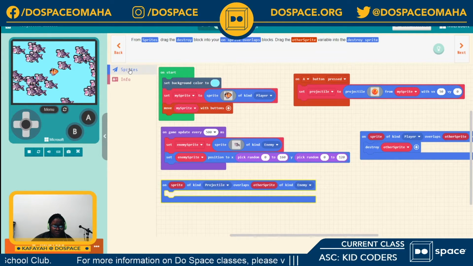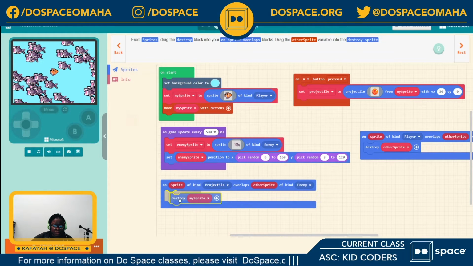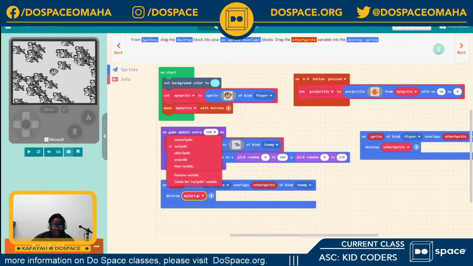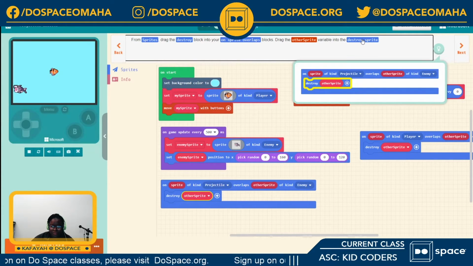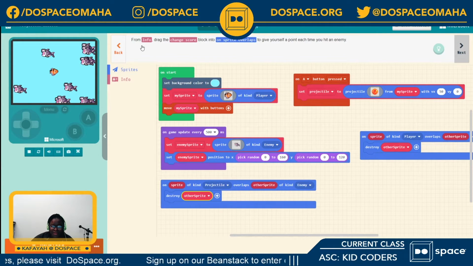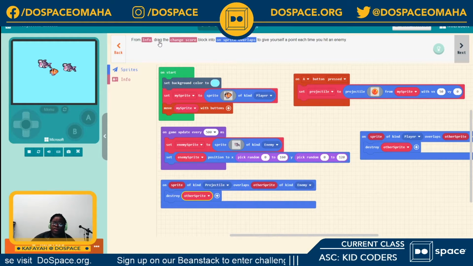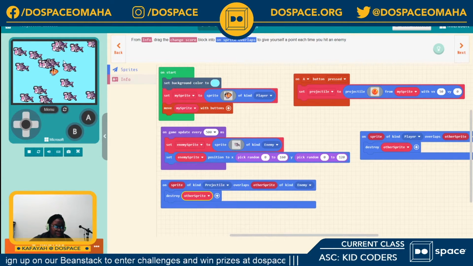Okay, so sprites, destroy in here, and then we want the other sprite. Is that correct? That is correct. And then from info, drag the change score block into on sprite overlaps to give yourself a point each time you hit an enemy.